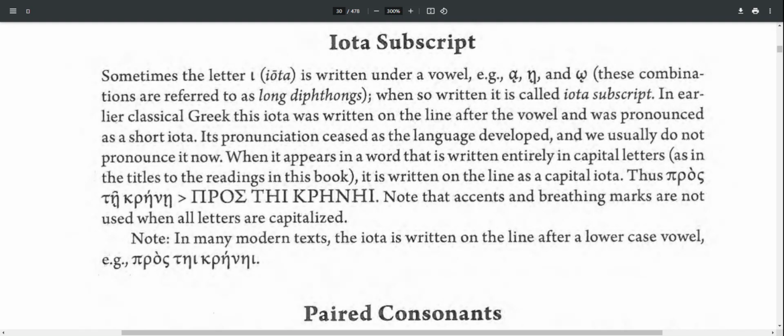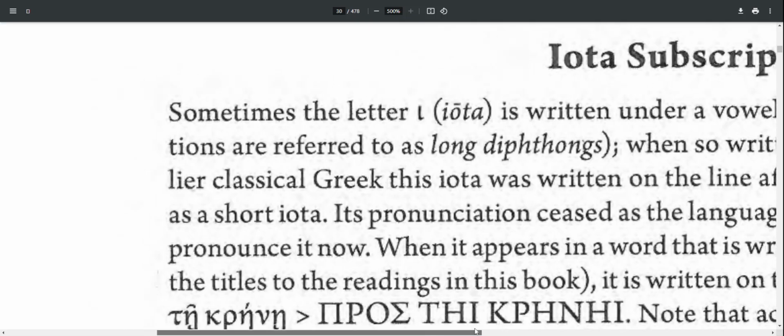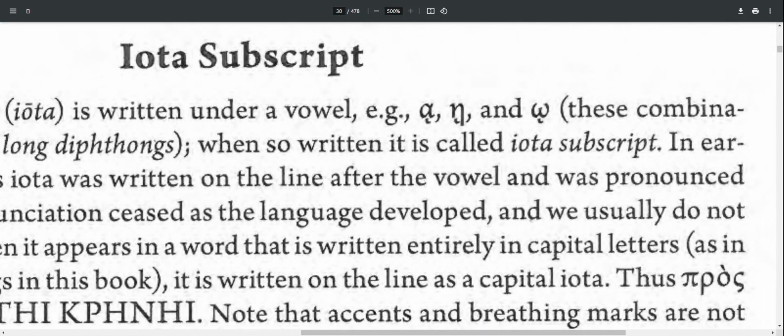So what do you do? In every book nowadays, the ancient books, they write it below some vowels, the long vowels alpha, eta, and omega, like this one. I don't know if you can see. Let me give you a zoom. Like this one: alpha, iota subscript, eta, iota subscript, omega, iota subscript. So you have this iota subscript,